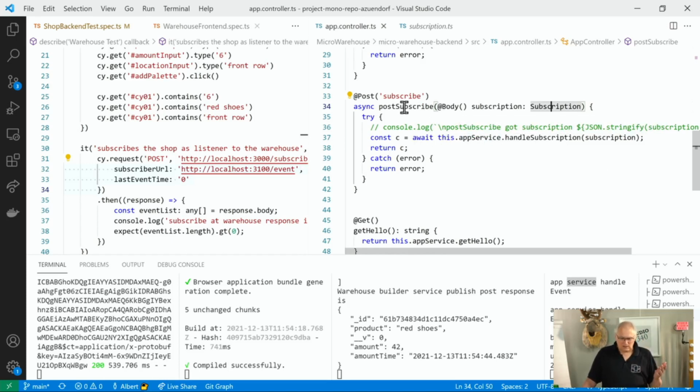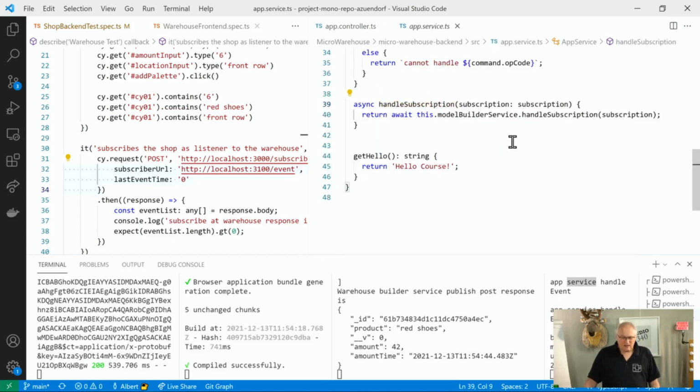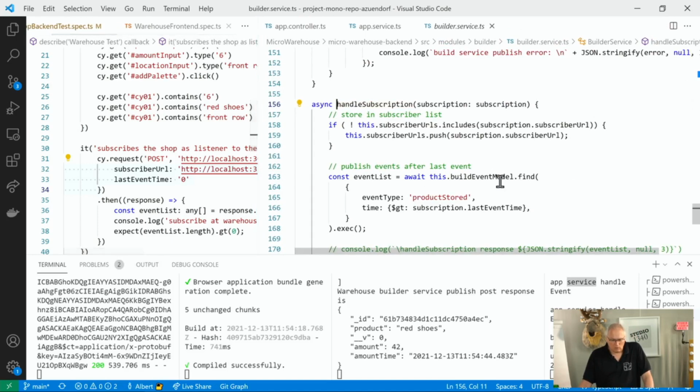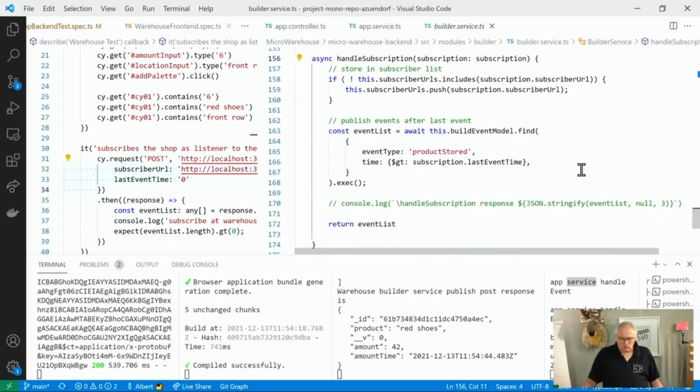So this is in the controller. We just do the decoding of the URL, and then we go for the service. And the service says, there might be different things, but actually handle subscription can be forwarded to the model builder service directly. And the model builder service, let's have a look. So this is all within the warehouse. Let's have a look. Yeah, it fits in one screen. Great. So what it does is the builder service